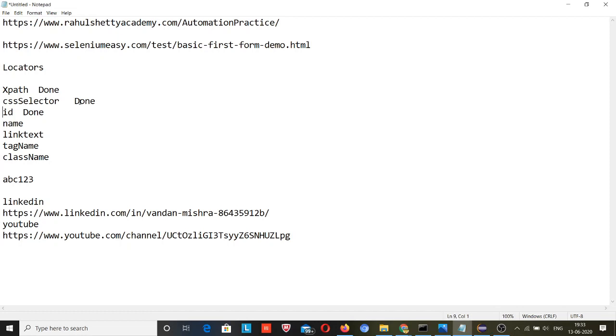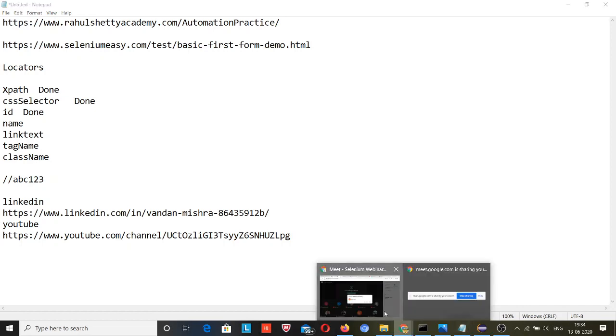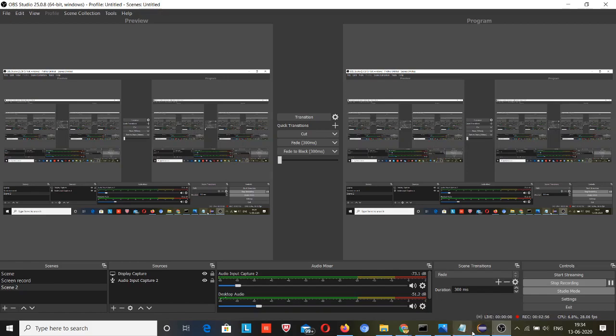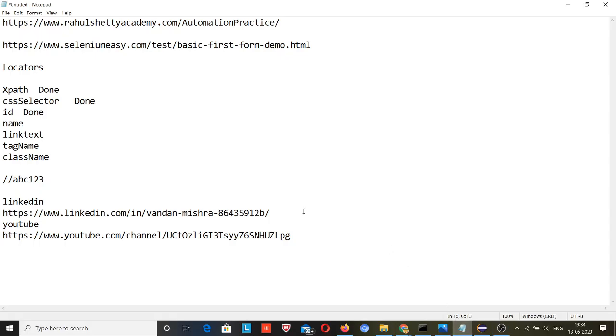So depending on the situation, you need to choose the locator. I hope you can relate to what I am trying to say. If I come across any example, I will show you. But it is better that you know which locator should be used at which time.